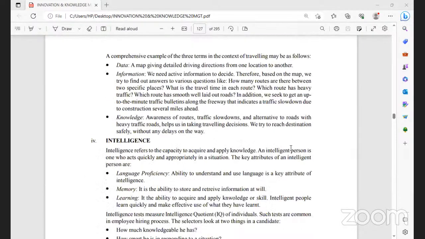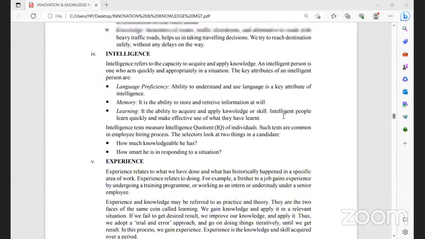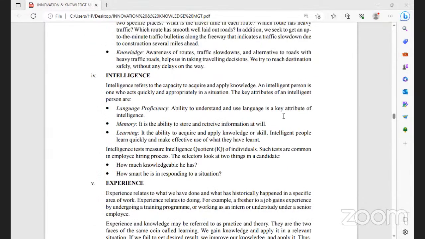Next one is a comprehensive example, showing how data, information, and knowledge are implemented in a real-time scenario, what we just discussed up to now. Next one is intelligence. This is one more aspect of our subject content. Intelligence has several types. General natural intelligence. Next one is artificial intelligence. Next one is a sixth sense, that is beyond artificial intelligence. That is also sometimes taken into consideration on philosophical grounds.